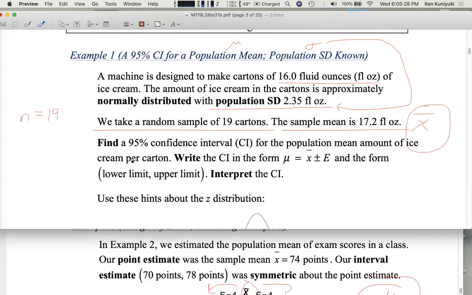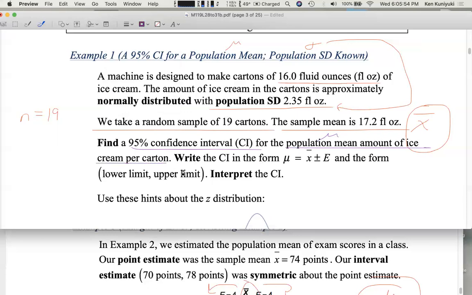All right. Find a 95% confidence interval. 95% is our standard confidence level. For the population mean mu, right? The population mean amount of ice cream per carton. So we want a 95% confidence interval for mu, where mu is the population mean amount of ice cream